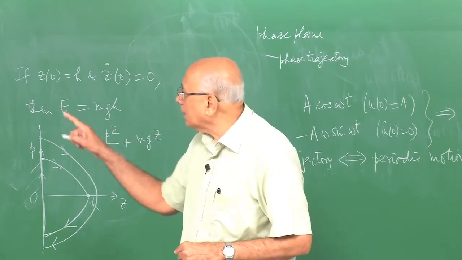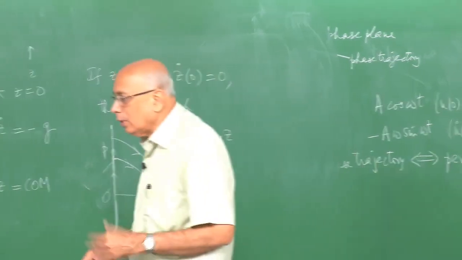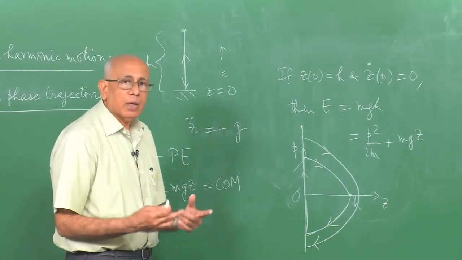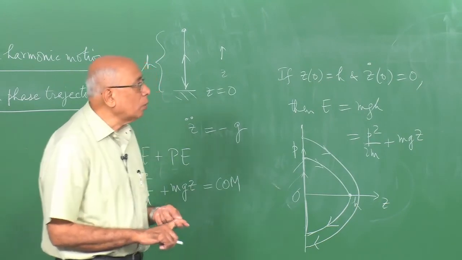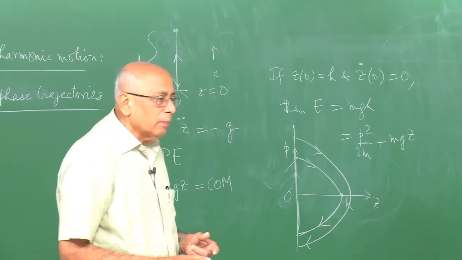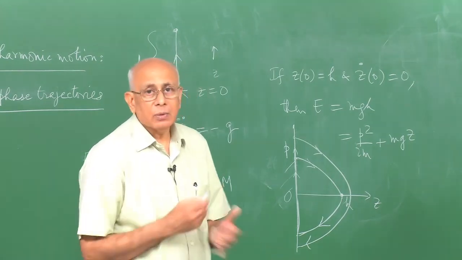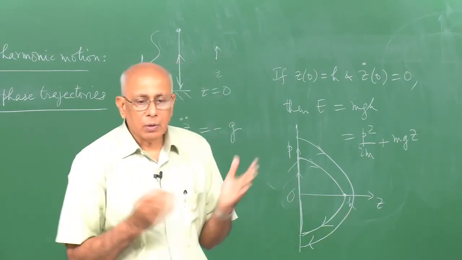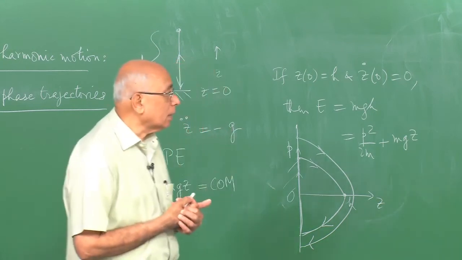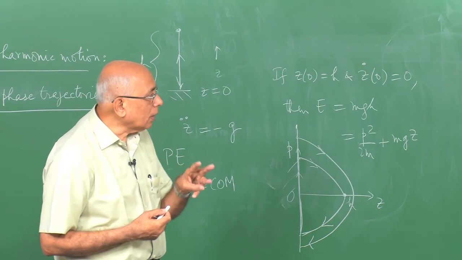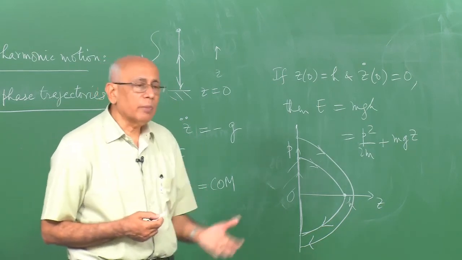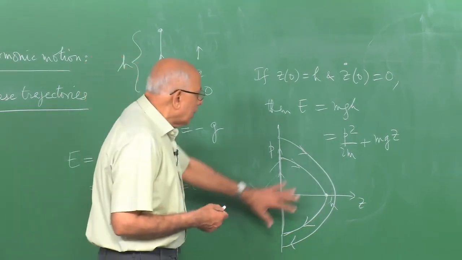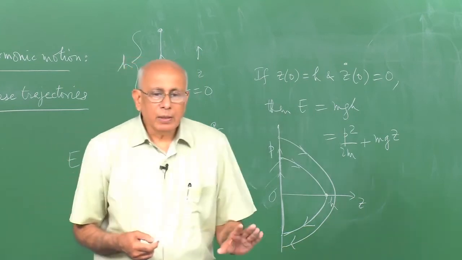I said phase plane because in this problem there is only one degree of freedom, u or z or x, and there is a corresponding velocity. So the phase space variables have just two in number, the variable and its time derivative. But if I looked at motion, for instance, of a planet around the sun, then you have three coordinates, whatever coordinate system you choose to describe it in, Cartesian or spherical polars, it does not matter. You have three coordinates, and you correspondingly have 3 generalized momenta or velocities, and the phase space would then be 6 dimensional. If the particle moves on a plane, the xy plane, the corresponding phase space is 4